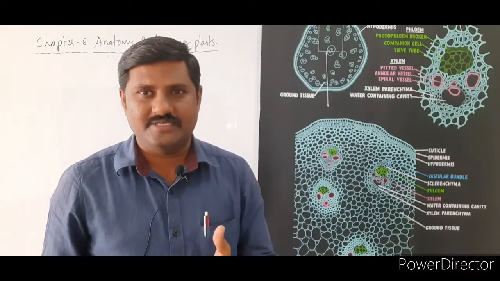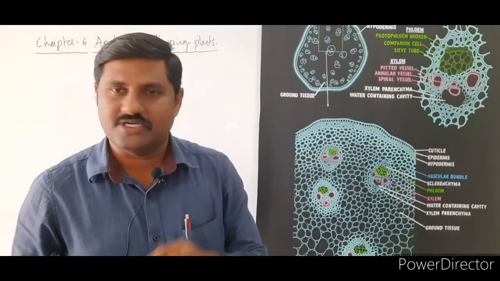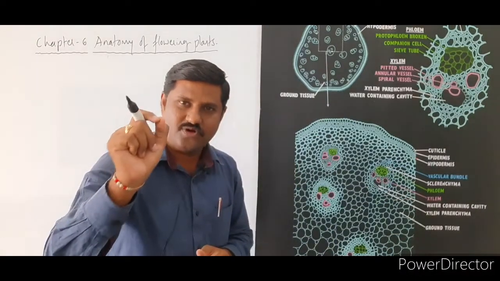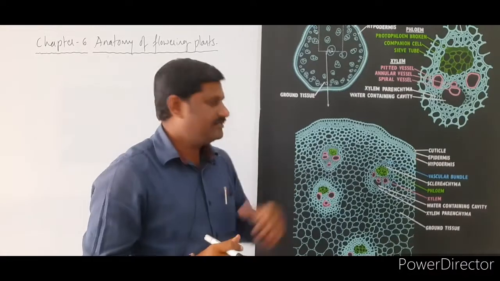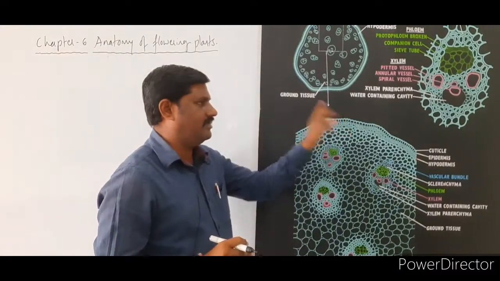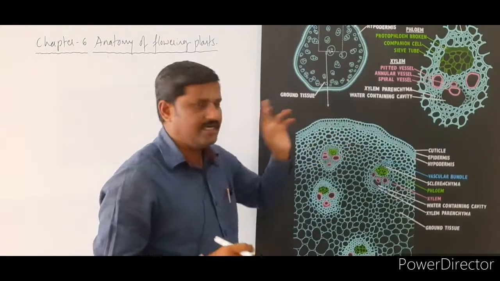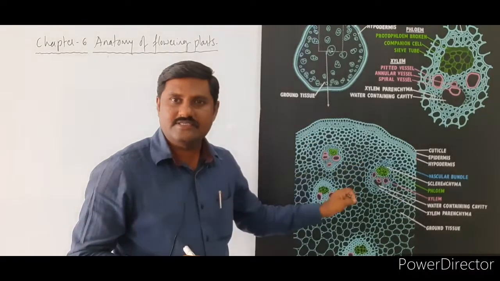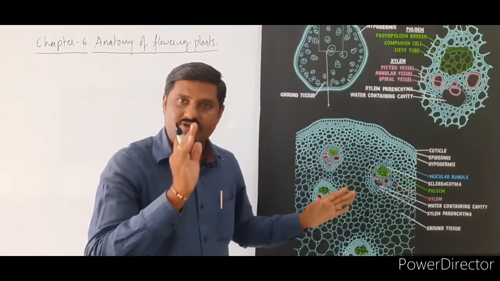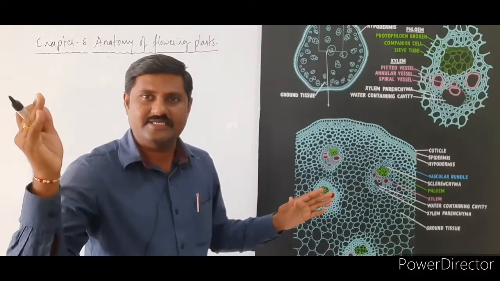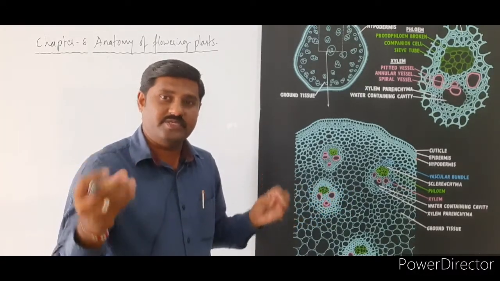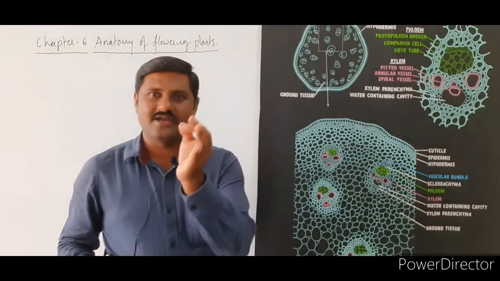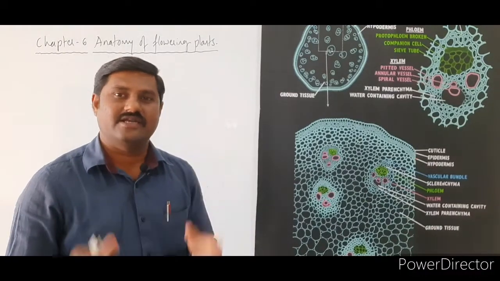Cortex, endodermis, pericycle, pith portion, like this. It is not at all differentiated over here, right? So this point is to be noted. Here what are the parts that we come across? One is the outermost epidermis, followed by the hypodermis, and followed by the entire remaining thing. Actually that is not divisible into cortex, endodermis, pericycle, pith portion or something else. It is commonly called the ground tissue. What is it commonly known as? Ground tissue.